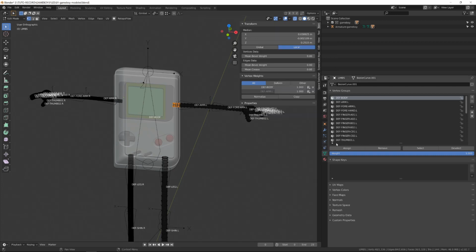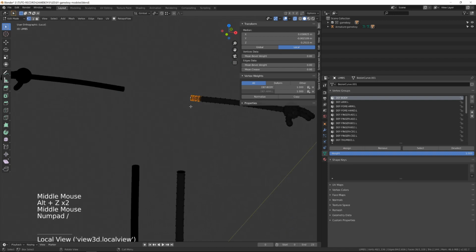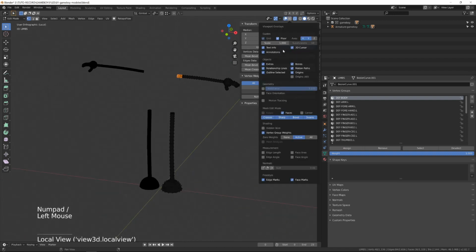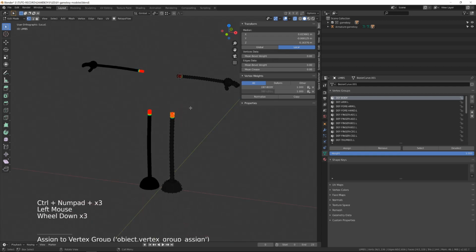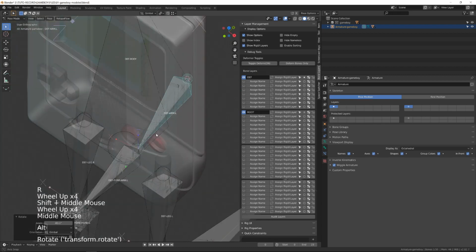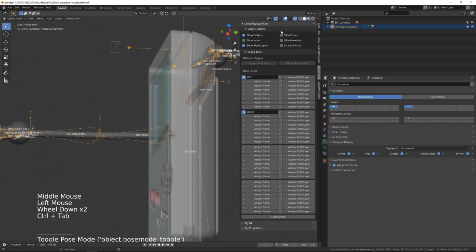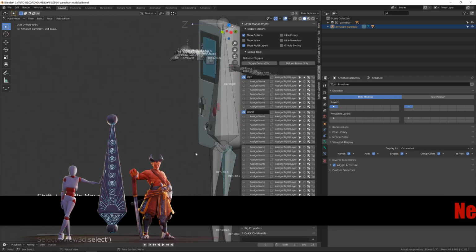We can display the influence of those vertex groups by going into the overlay menu and enabling the vertex group display and setting it to active. Black means there is absolutely no influence on those vertices, red means there is full influence. The same way I will assign the root of the leg to the deformation body vertex group. Now you can enter pose mode and move the different parts of your character by moving the different bones and double check if it does deform properly.